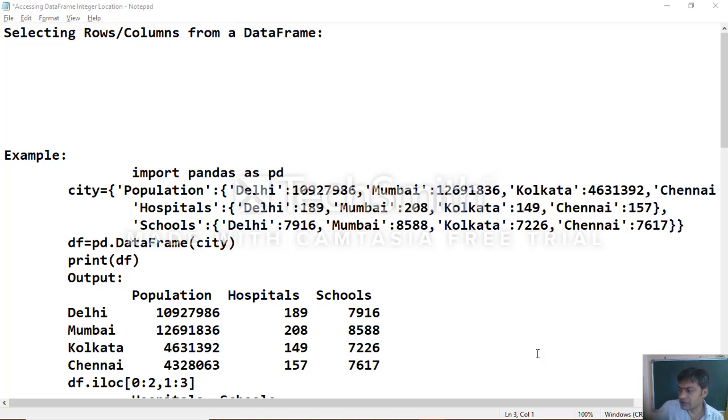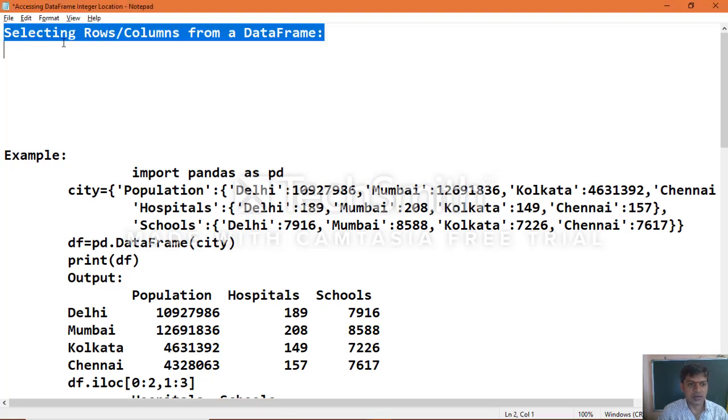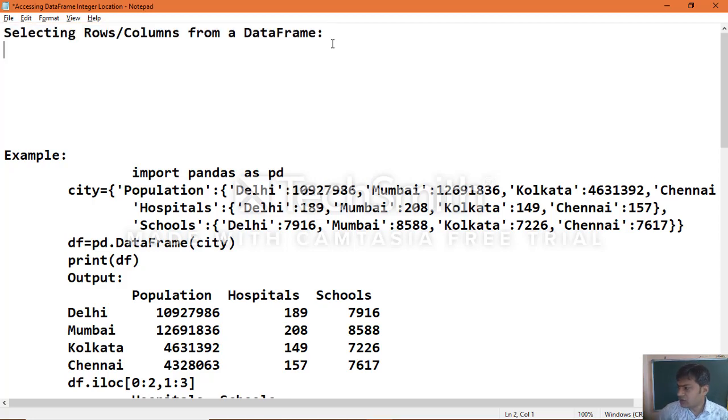Now another feature which you will see is selecting rows or columns from your data frame. In today's session we are going to see selecting rows or columns from your data frame object, the way you can access them.